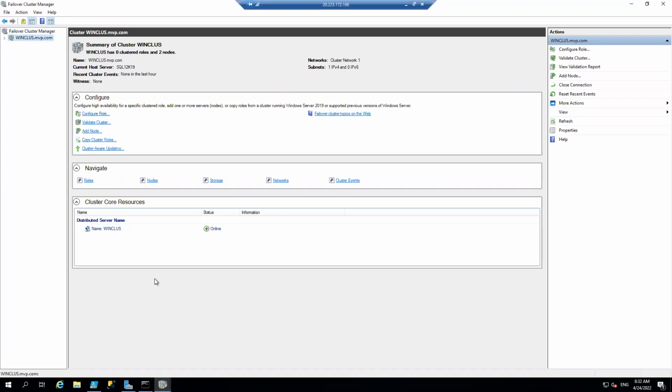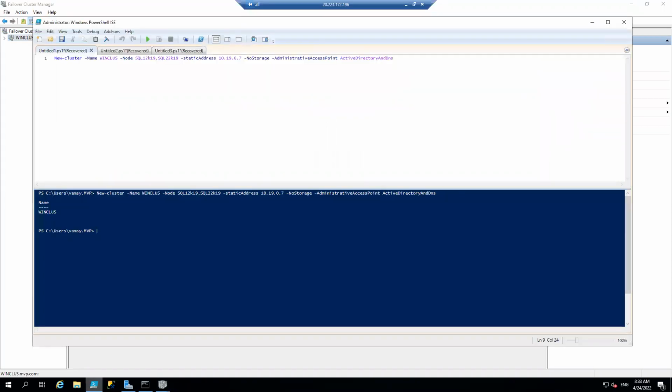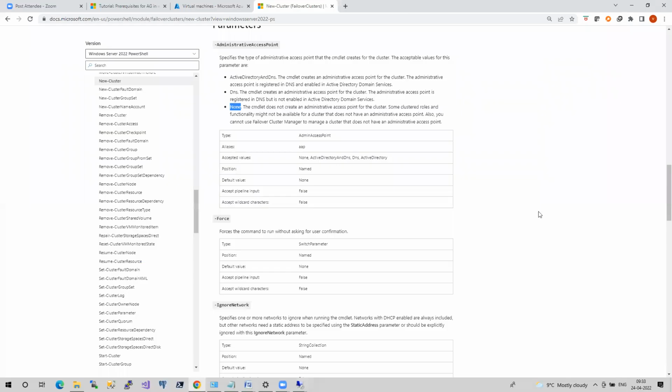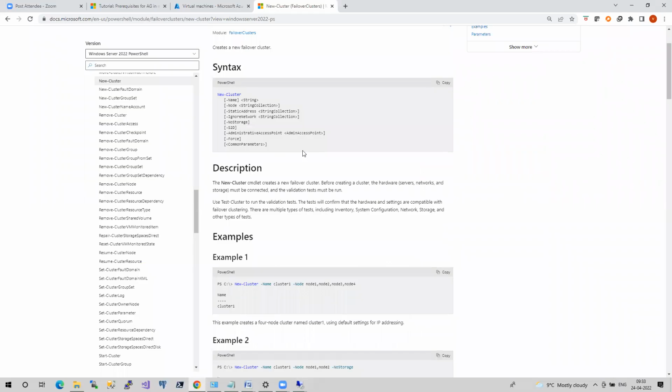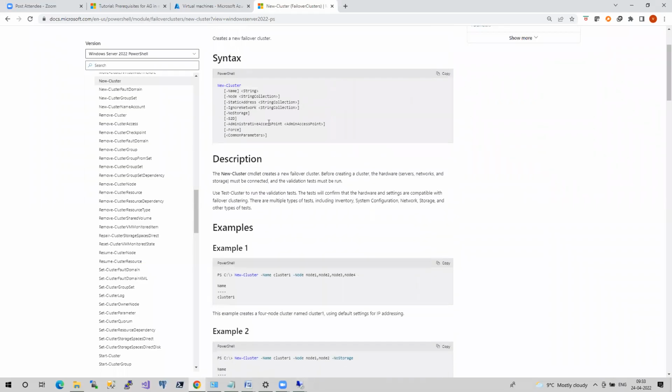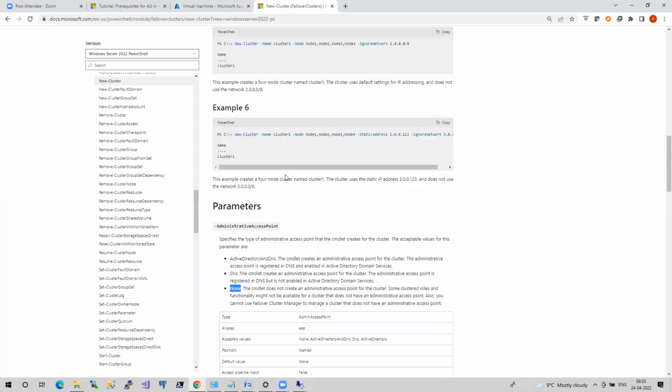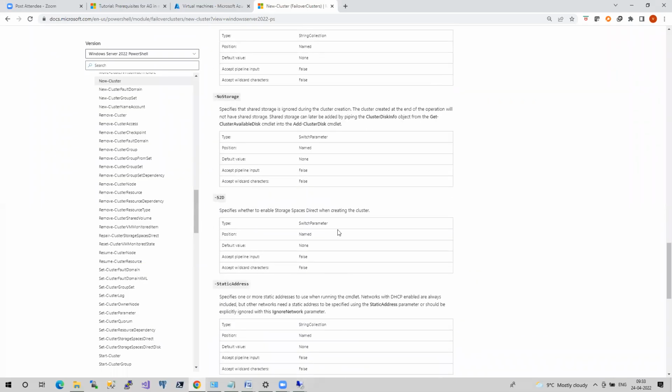So as Akanksha suggested, there is one more point here called management point network type. If you go to the official Microsoft documentation of Windows cluster, even you will not see it here. There is no such thing as management access network point. So what is that management